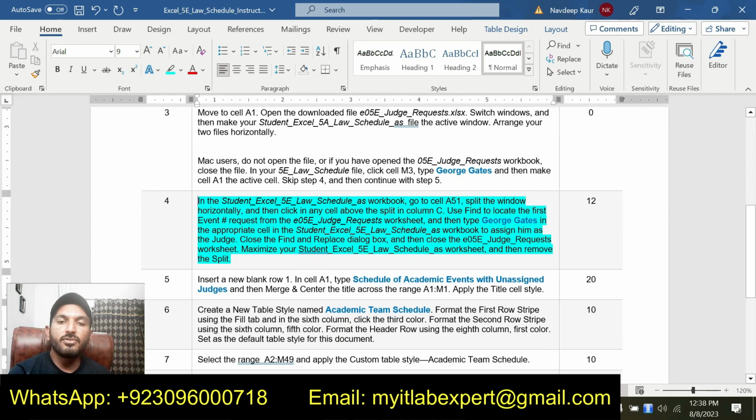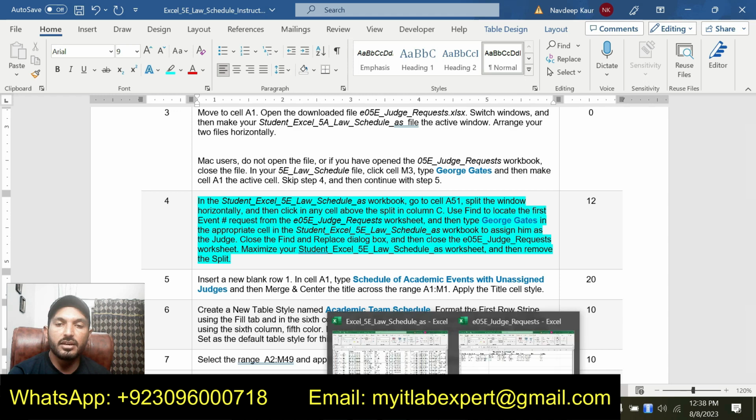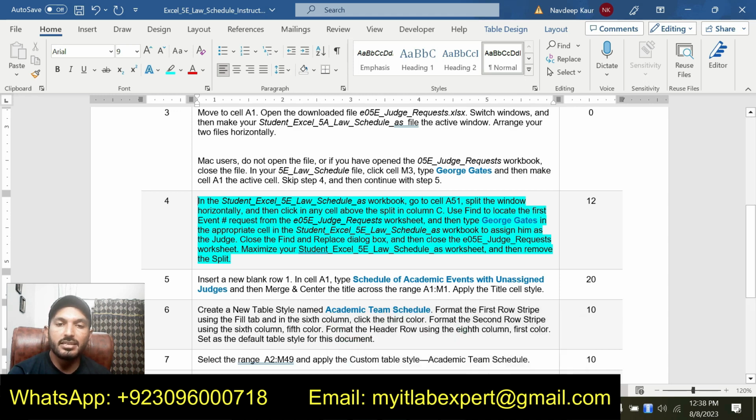In the Student Excel 5E Law Schedule workbook, go to cell A51. Split the window horizontally and then click in any cell above the split in column C. Use Find to locate the first event number request from the E05E judge request worksheet, and then type George Gates in the appropriate cell in the Student Excel 5E Law Schedule workbook to assign him the judge.